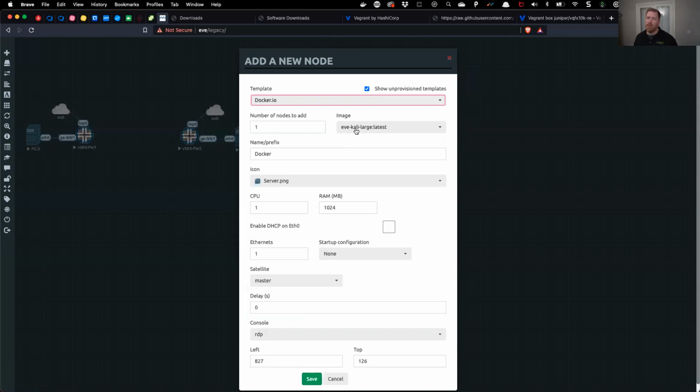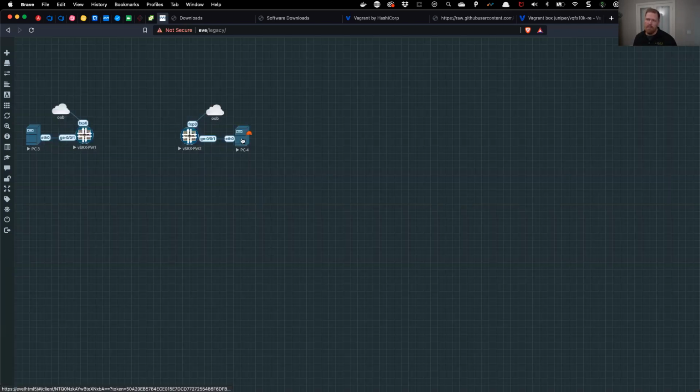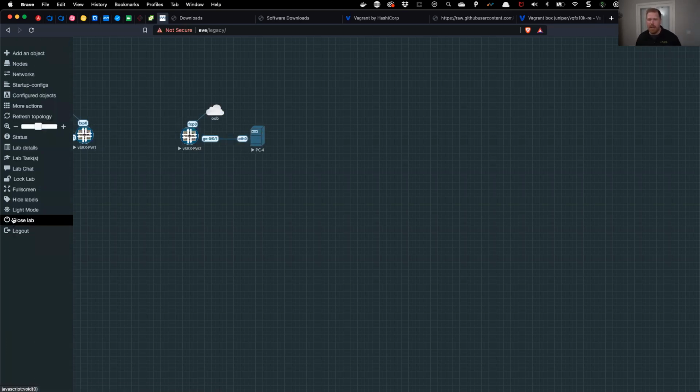And they have some really great ones pre-canned, like Kali Linux. If you live in the cybersecurity space, you like to do pen testing, etc., just to be able to drop in Kali Linux on any network topology is just fantastic. There's also dedicated containers for doing things like Wireshark. But let's talk about the general consensus of what it is to actually